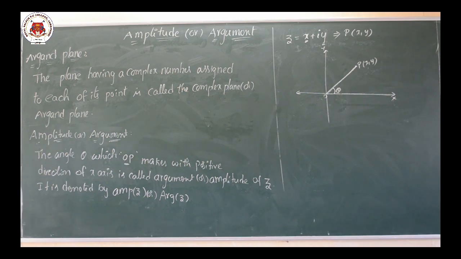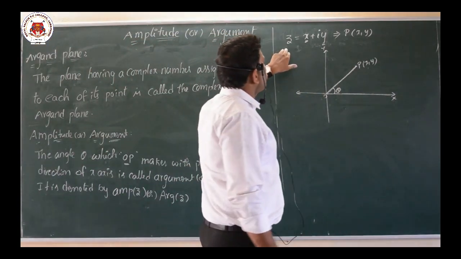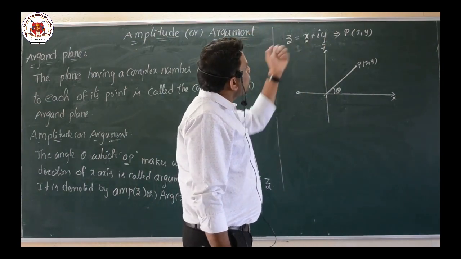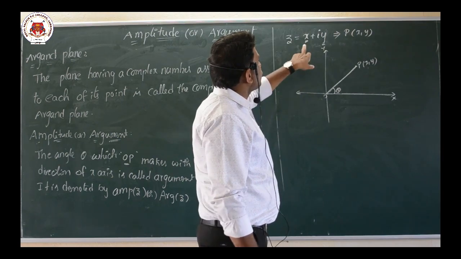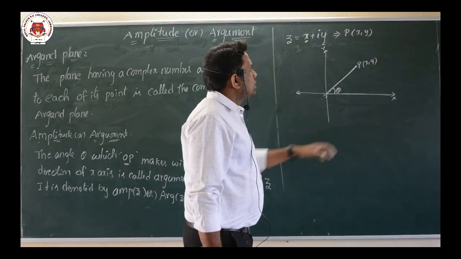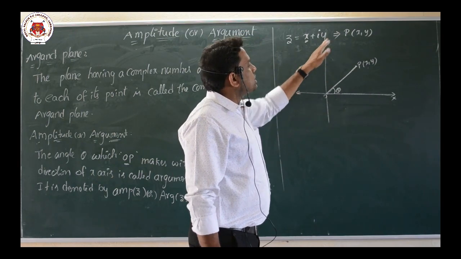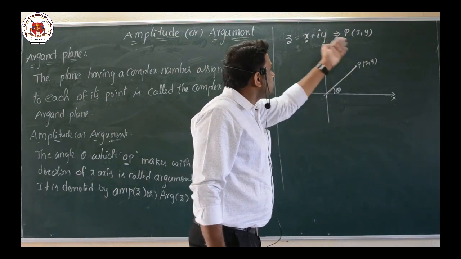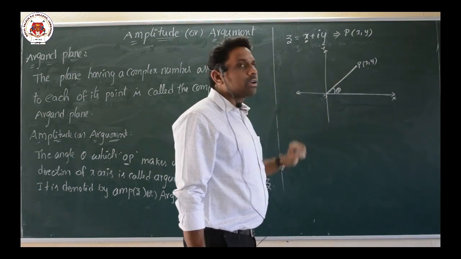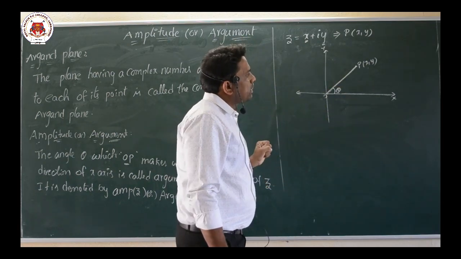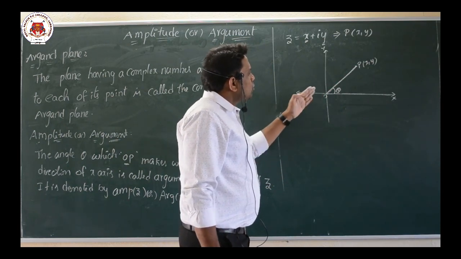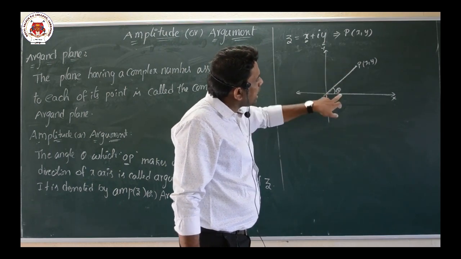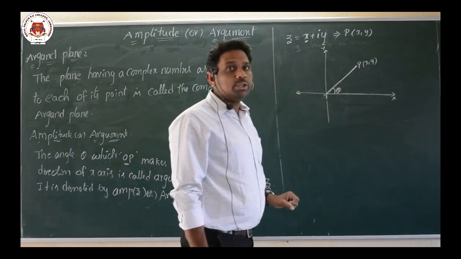So once again I am repeating, children. One complex number is there. What is a complex number? Z equal to x plus iy is a complex number. If you want to represent it in the form of a point, first the real part, next the imaginary part. So this is a plane. In this plane, this point is there. So this is a complex number. So the complex number is there in this plane, so definitely this plane is called the Argand plane or complex plane. O is the origin. One line segment is joining this O and P. So this line is making the angle theta with the positive direction of the x-axis.